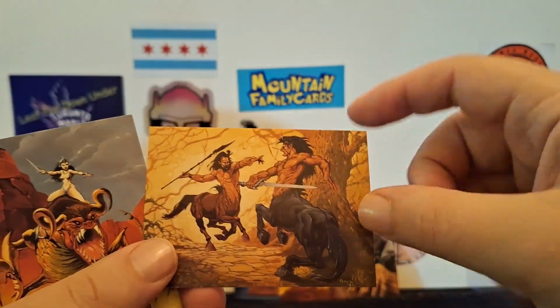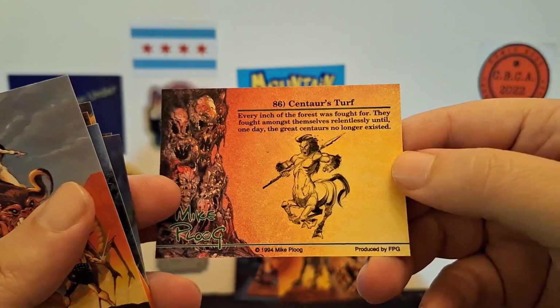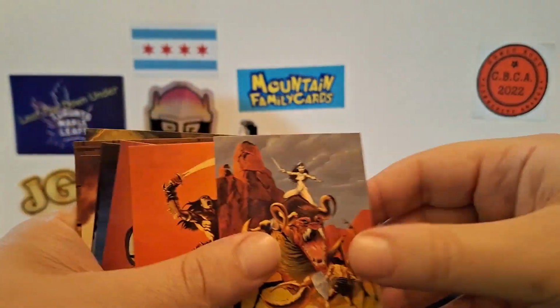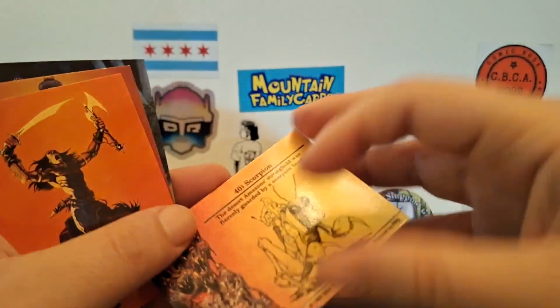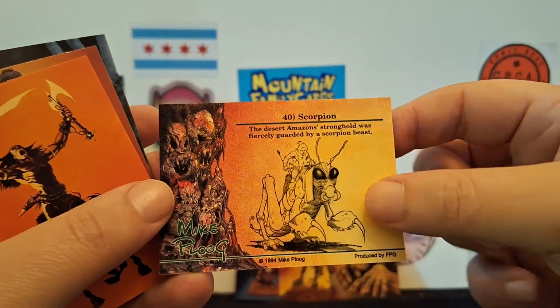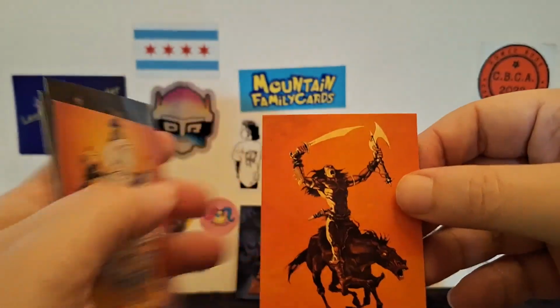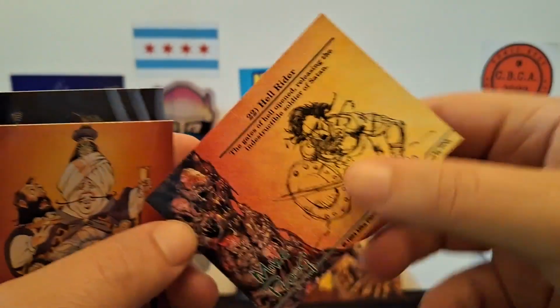Got more centaurs. Do love me the centaurs. Centaur's turf. Yeah, these are really nice. And I'm curious, does anybody recognize anywhere these came from? Because I don't know. But we got a scorpion. Man, that is sweet. These are really sweet. That is a beautiful... I love the orange background. Some of this stuff is just...